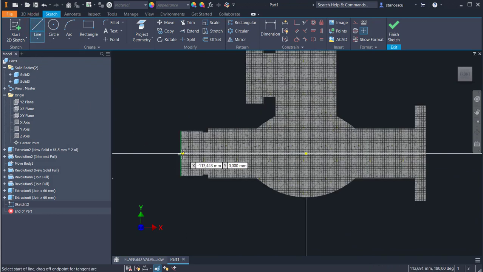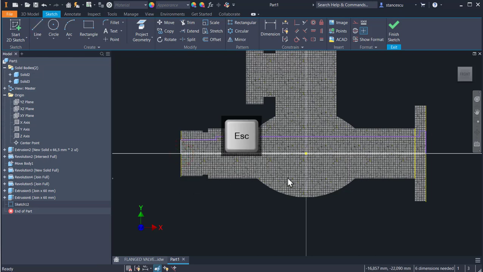Line from this midpoint to here, then horizontal up, horizontal up, line, midline, and connection with this. This is a center line,